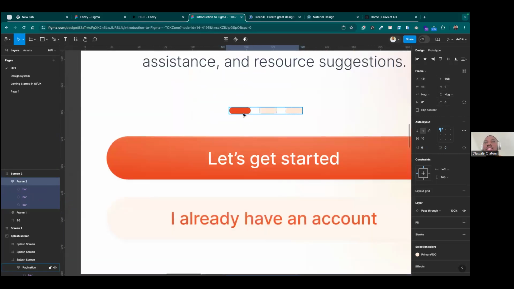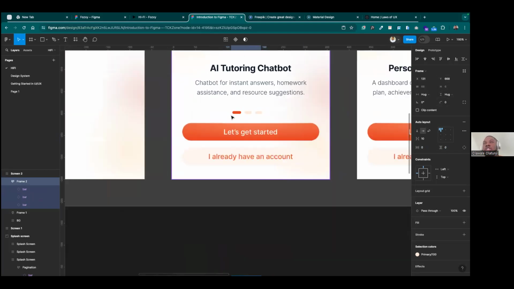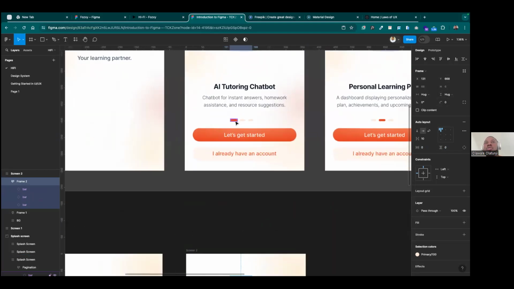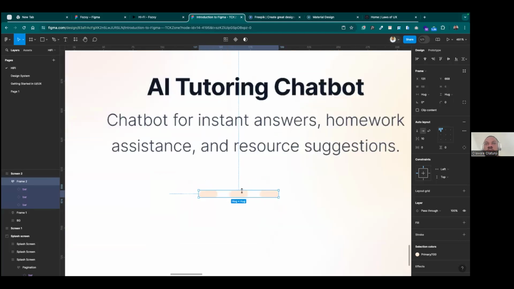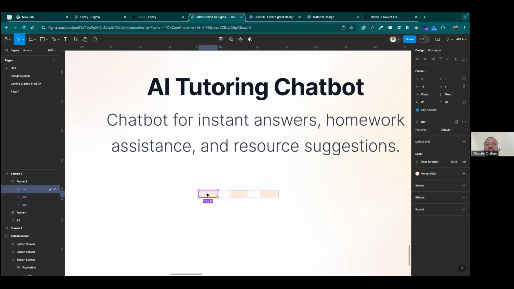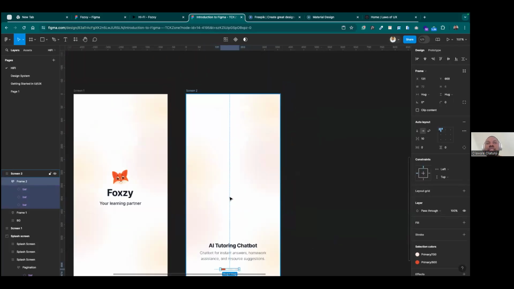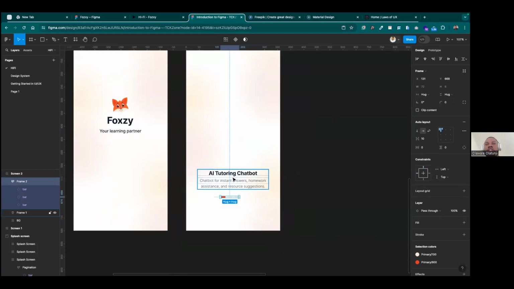So one thing I also noticed here is that in this first one, to show that this is the one that is active, this first one had a very solid color. That is the primary color, while these other ones are lighter. So I'm going to come back to these bars and select this first one. Note in this place, they already have different states for this bar. This one is the default, which means it is not selected. So I come here, I change it to the active one. So now you can see that this bar looks exactly like this,